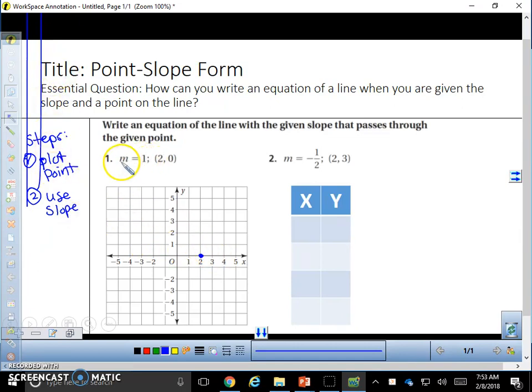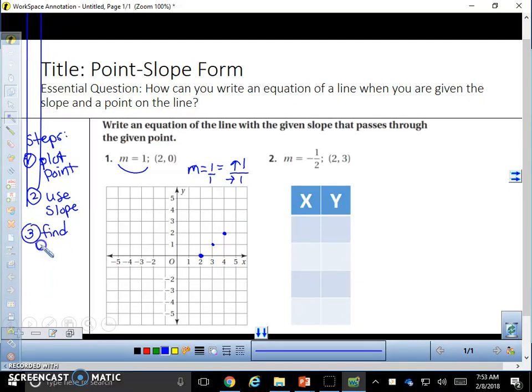Use slope. Slope is 1, which means m is 1, which means you rise 1 and also run 1, because this is also 1 over 1. So rise 1, run 1. Step 3,